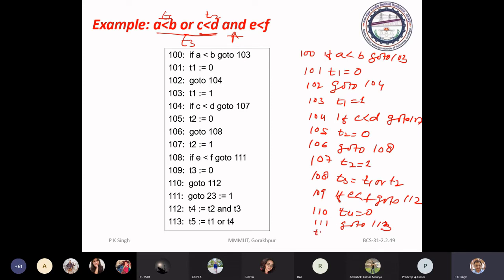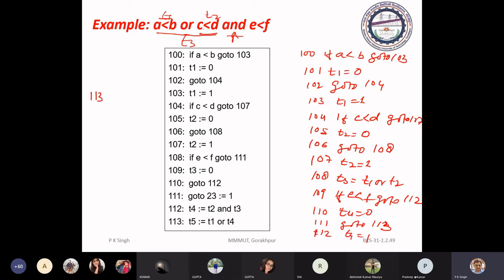And here 112 is T4 equal to 1, and you can write 113, just the OR operation of this sub expression and this sub expression.